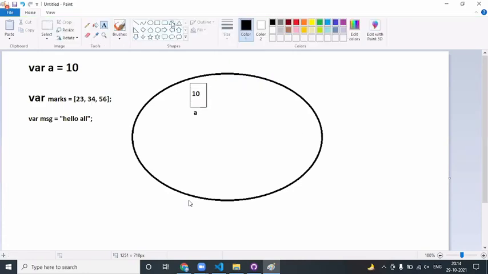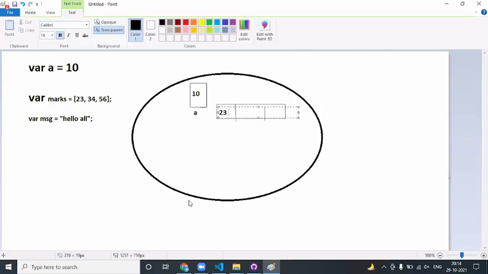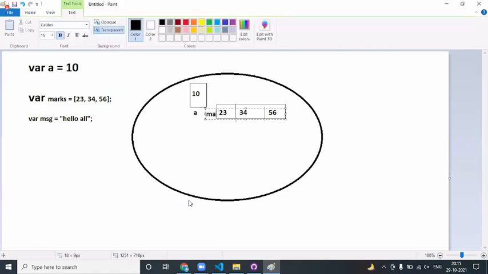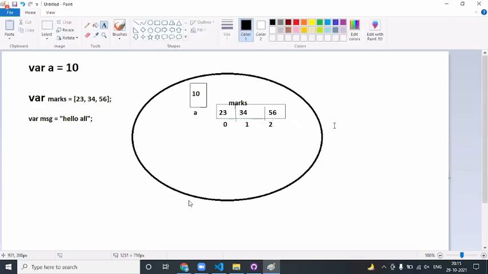In the same way, when I say marks, we know that whenever it is an array, a continuous block of memory will be allocated, divided into individual boxes holding 23, 34, and 56. These are identified with marks, and every value is assigned an index value starting with 0, 1, and 2. This is how the marks array is created.